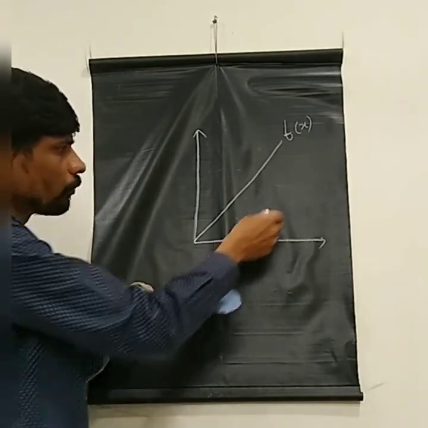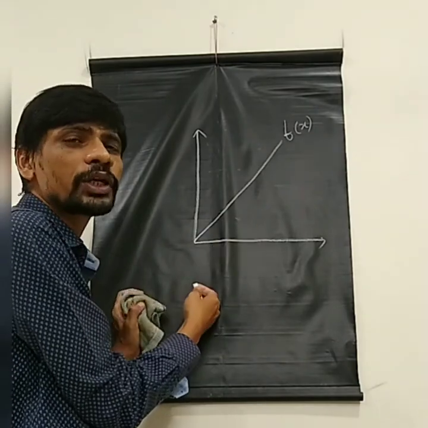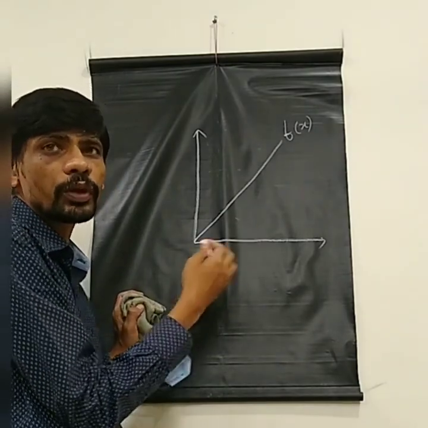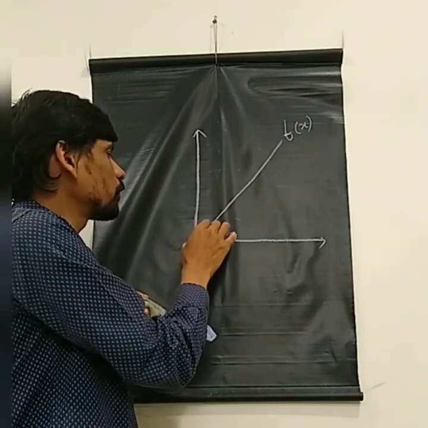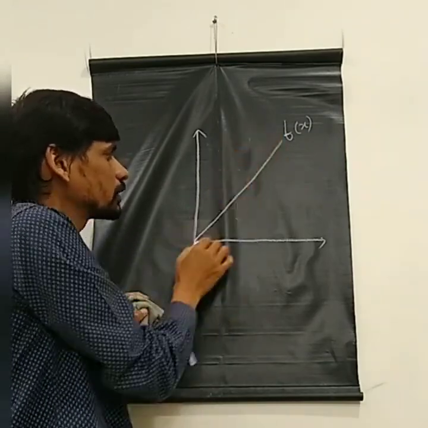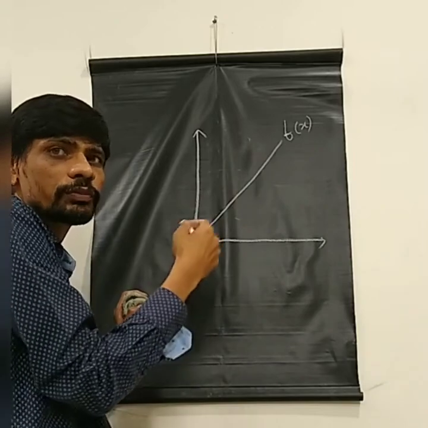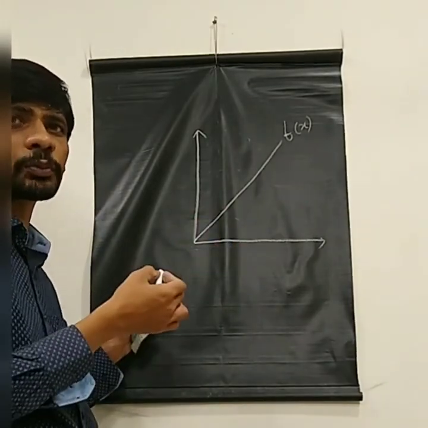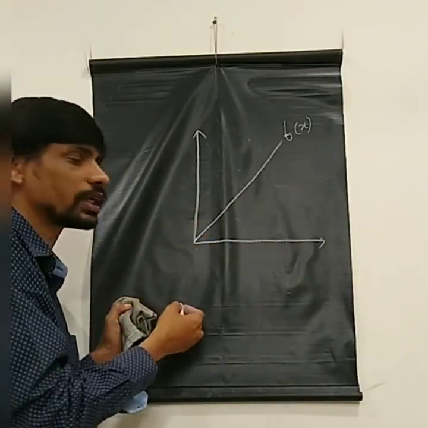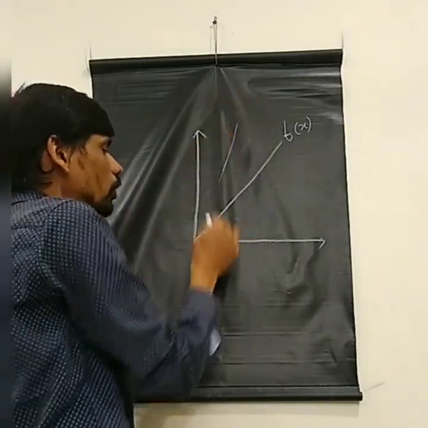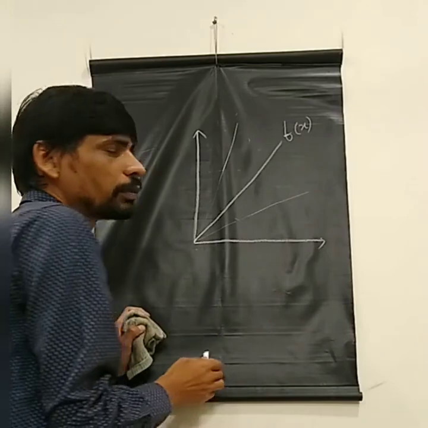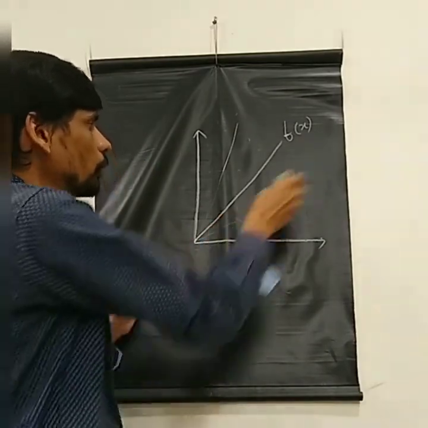While finding the big O for a given f of x, we will try to find another function which will be multiplied by a constant positive number c and with n0, and the same way this can be a big O line and this can be a big omega line. So now